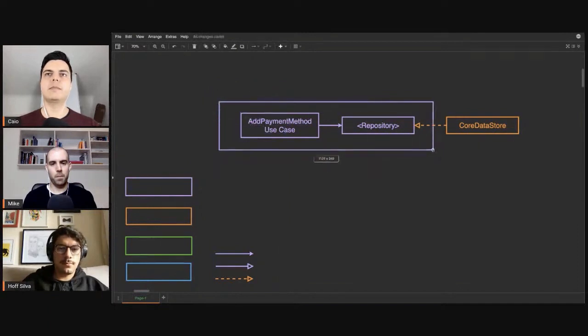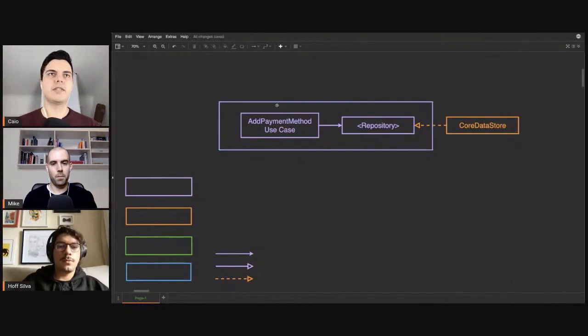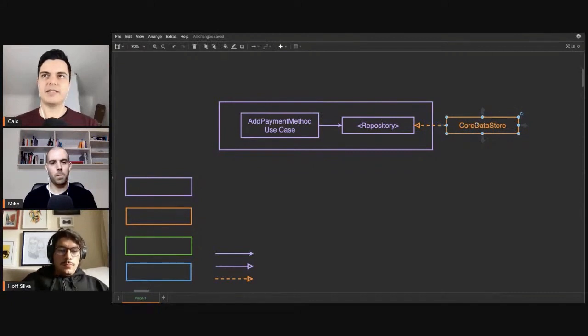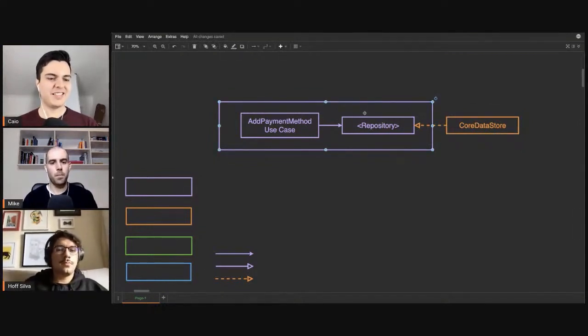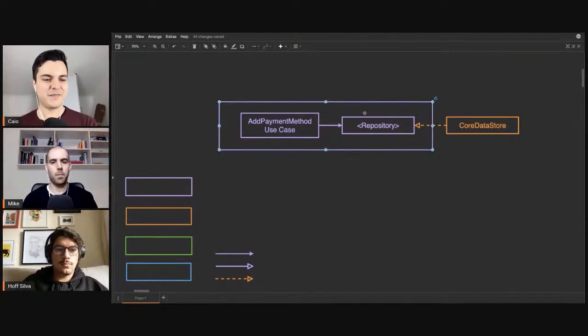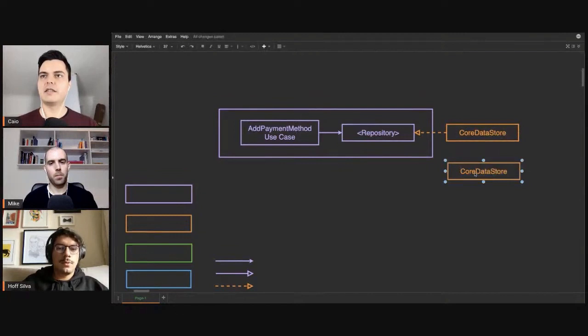Thus, they can be deployed independently, without a Core Data store, right? You can put this in a package and deploy it on any platform because it doesn't depend on anything that's specific, like Core Data. For example, Core Data only works on Apple platforms, but you could potentially deploy this use case on Windows or Android or, I don't know, Linux, right? Because then you can create other implementations of the repository, like a SQLite store